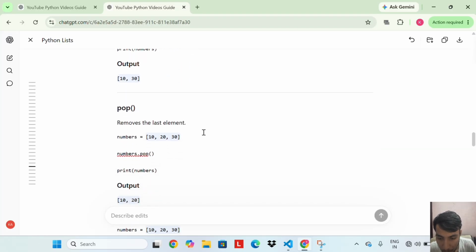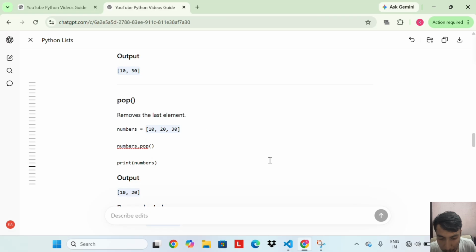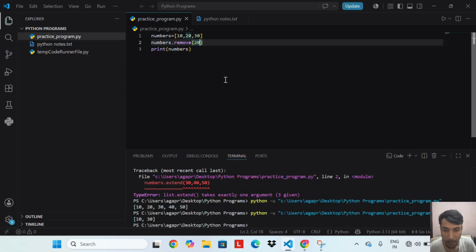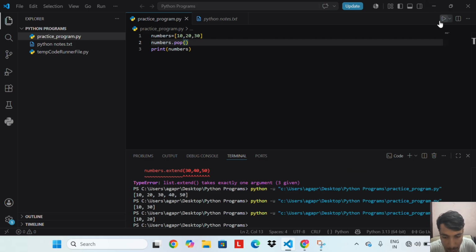Now pop removes the last element. Let's run this code. We get 10, 20.